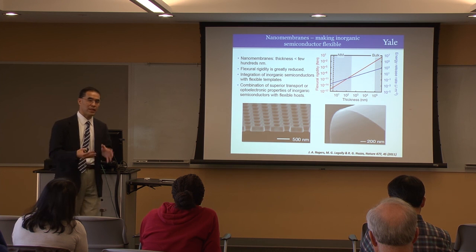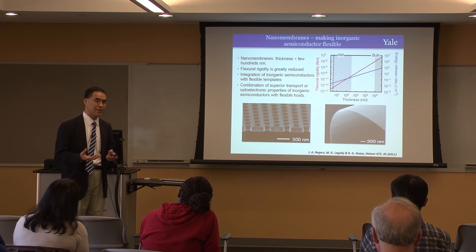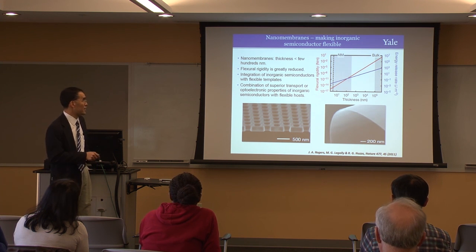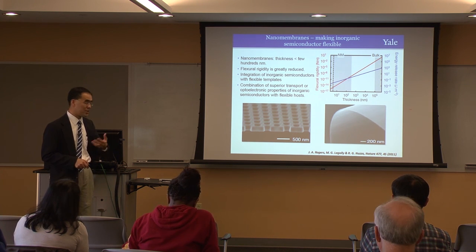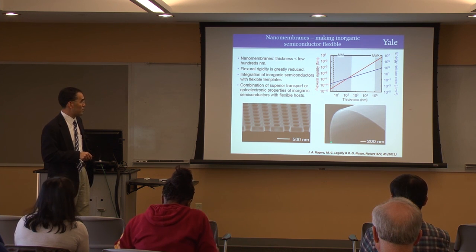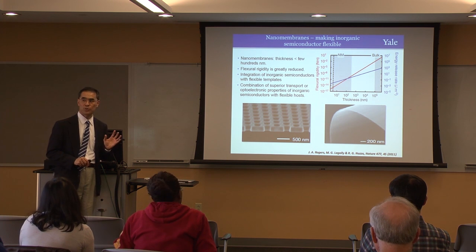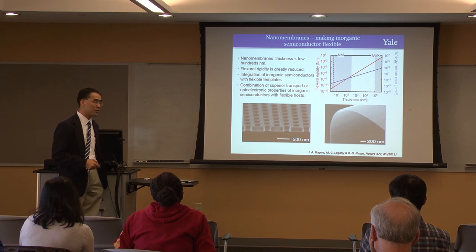The majority of the flexible devices tend to be made by organic materials, organic OLEDs, organic transistors. But in terms of the performance, inorganic materials intrinsically have a better transport and optoelectronic behavior. So the goal is to make very, very thin semiconductor membrane. And this is a particular challenge for gallium nitride, because gallium nitride is chemically very, very inert. So we use